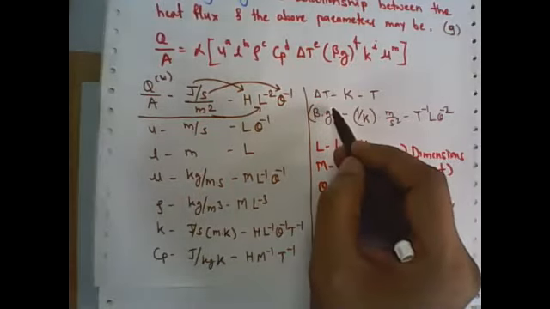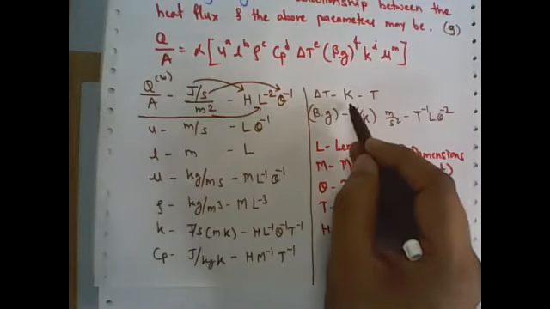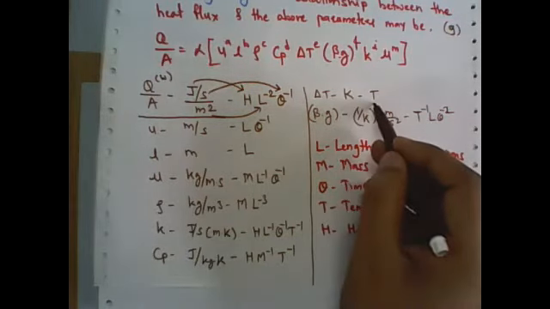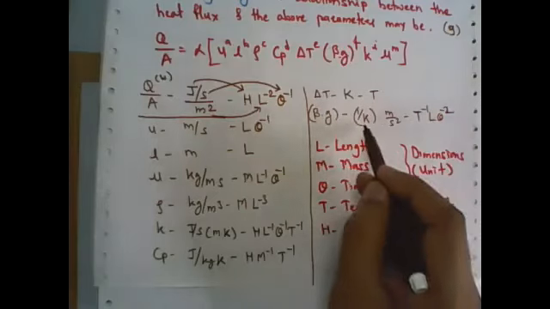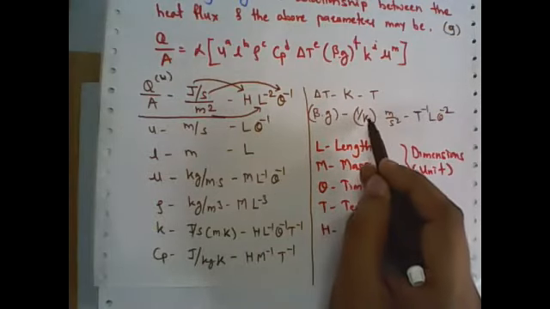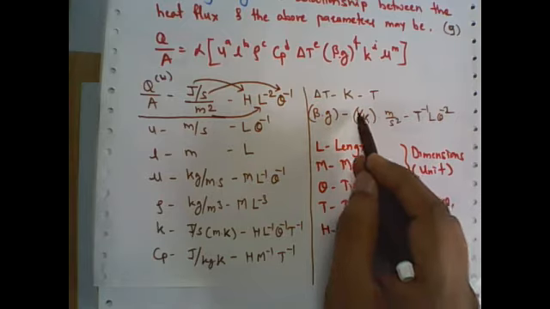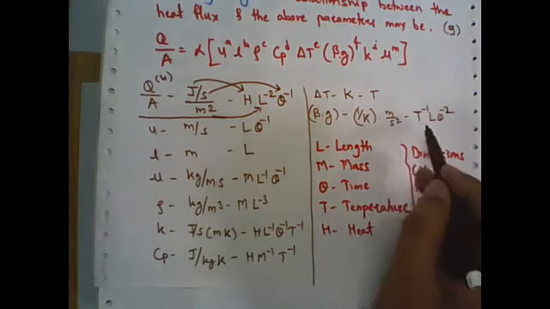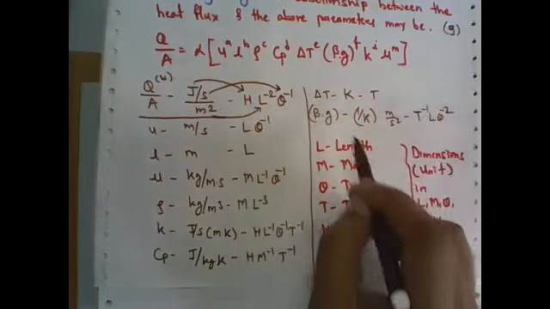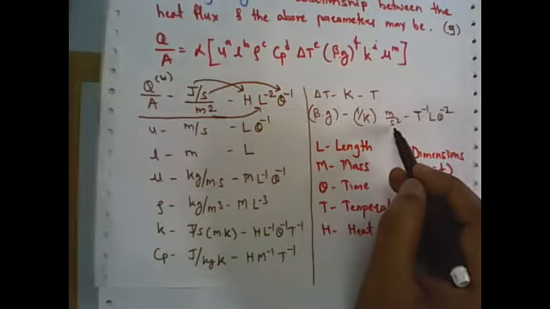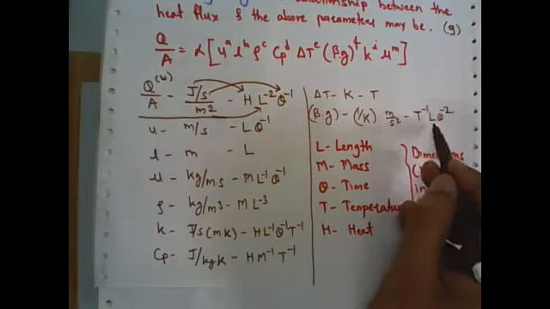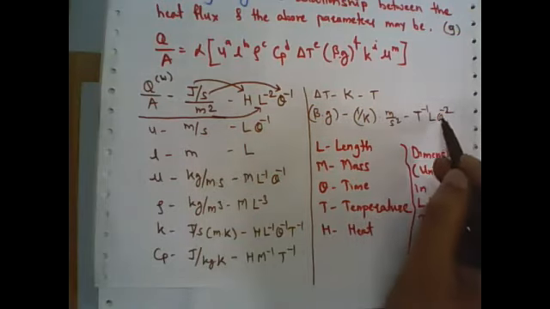Then this delta T, the temperature difference in Kelvin, so it is capital T only. Then this beta is the thermal expansion coefficient, and its unit is K inverse, that is Kelvin inverse. So it is 1 by K, and that is why it is temperature raised to minus 1. Then acceleration due to gravity is meter per second square, so it should be meter, it means L, per second square, it means theta raised to minus 2, right?